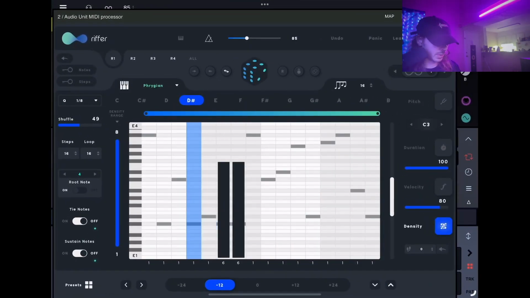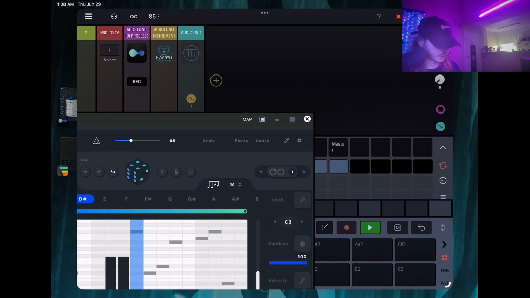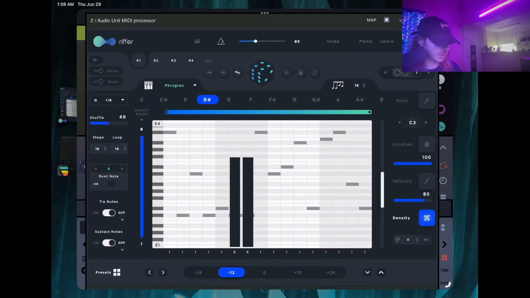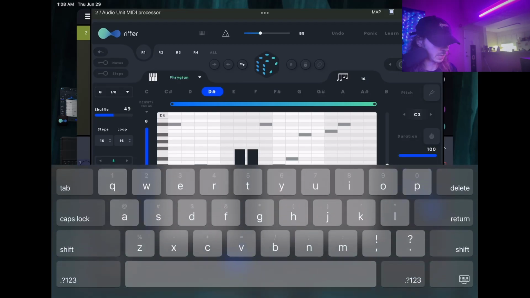So with this being said, hold on, let me get out of this real quick. The overall interface of this is actually pretty clean. You can set however many steps you want. I think this only goes up to 16, unfortunately. So if I were to set this to like